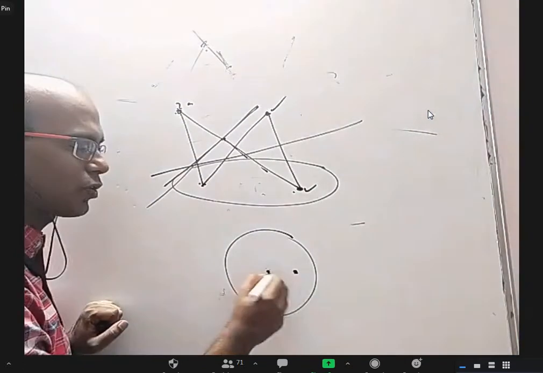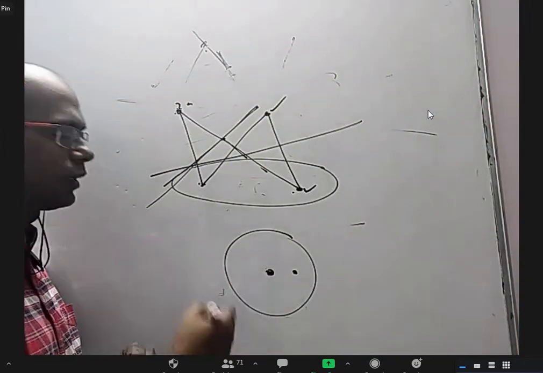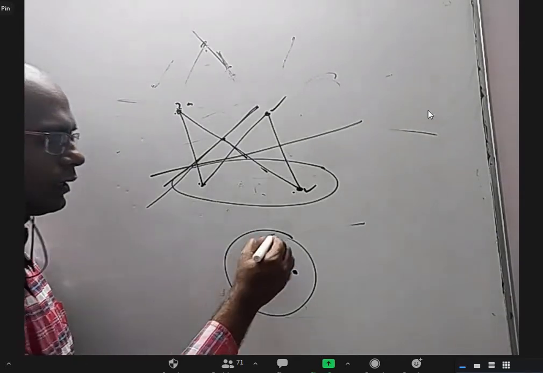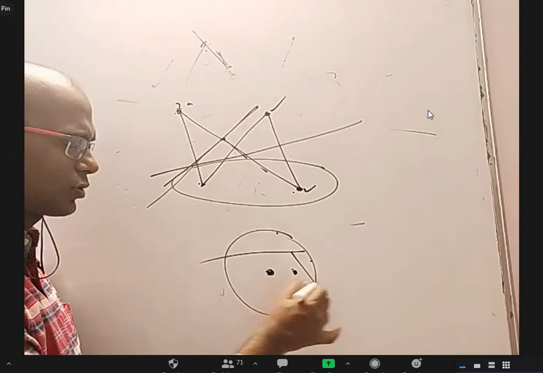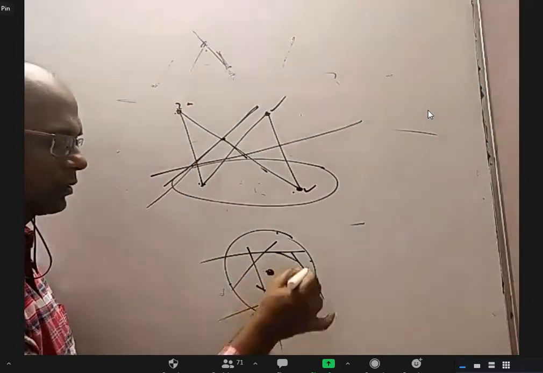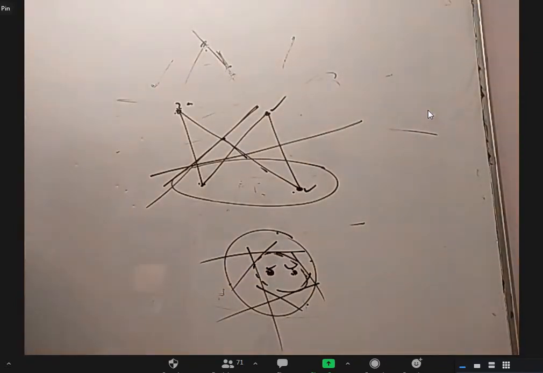These are the two foci of the ellipse: the center of the circle and the marked point. These are the two foci of the ellipse, which is formed by the creases when you fold this to here, some crease, some crease, some crease, like this. We'll get an ellipse. For them, these two points are the foci. Is it clear?